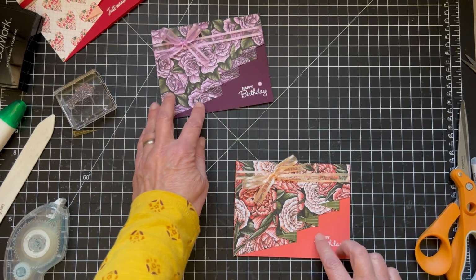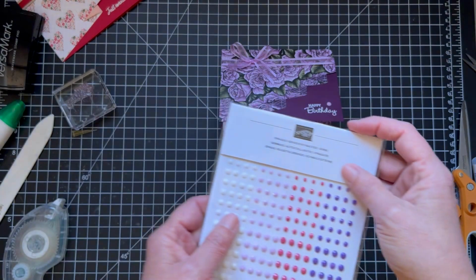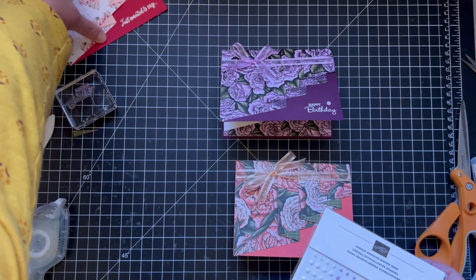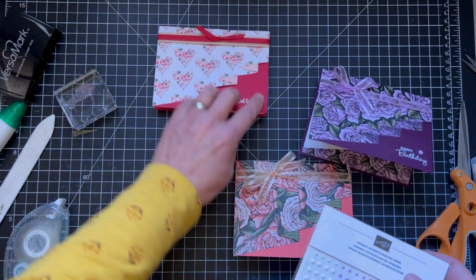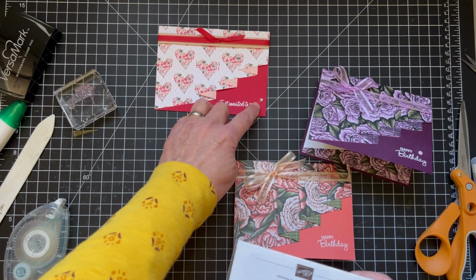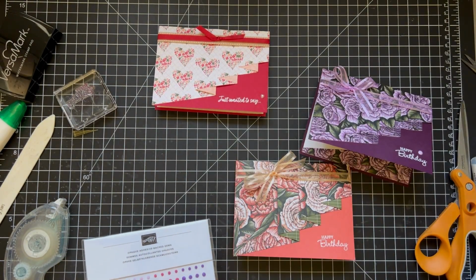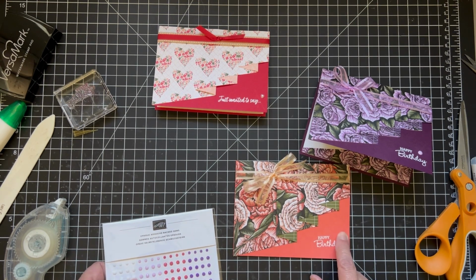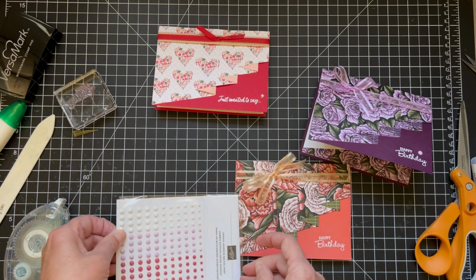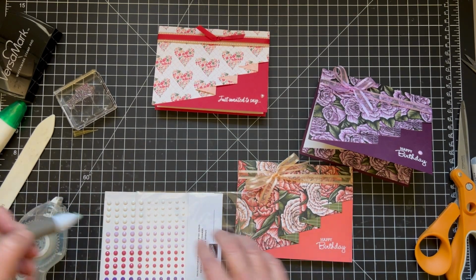So now let's add one more thing. So I used these opal adhesive back gems on this one. On this one, so this is that heart paper. I'll have the information in my blog on this one as well. And then I used the heart pearls, which I thought were pretty. What would be nice too on this one is the butterfly. But I'm going to just put a white one here to kind of go along with the white